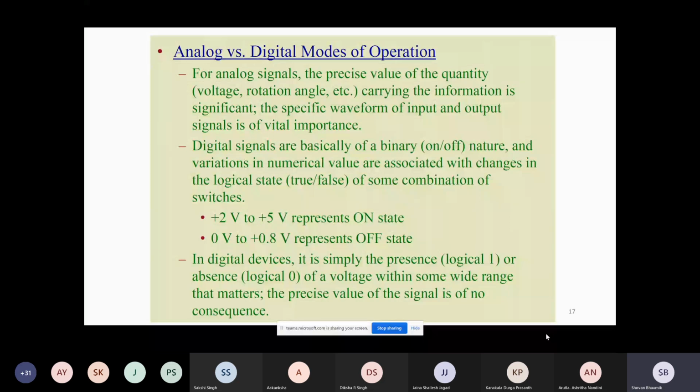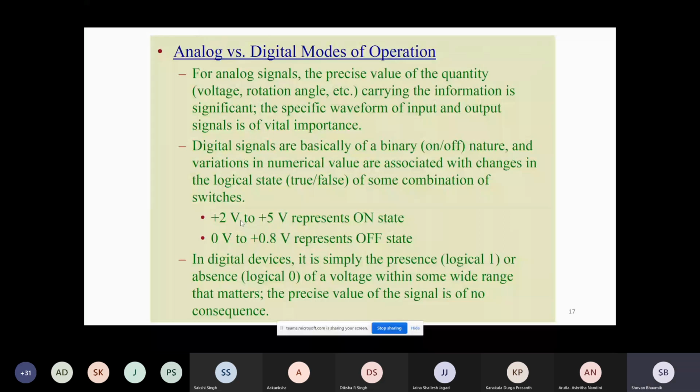I will come to that. So in digital signal operation, it is basically a binary kind of thing, on or off. And one thing I want to emphasize: off does not mean 0 volt. Definitely it will not be. If it is 0 volt, then the circuit is dead. It's a kind of 0 to 1 volt. Generally, we say 0 to 0.8 volt when the signal is in the off state, and then it is kind of 2 to 5 volt. Generally, 4 point something volt comes because of the transistor and all. We say that it is the on state.